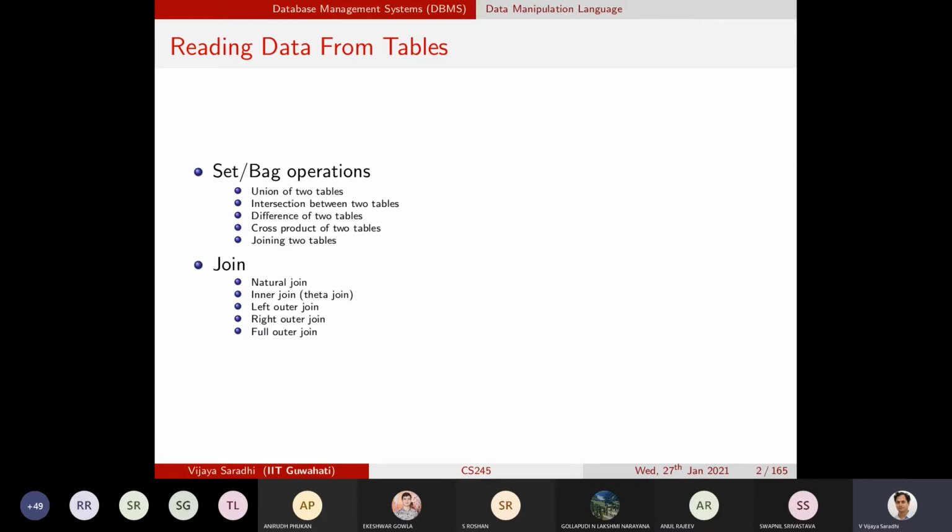Today we will continue our discussion with the intersection. We already have looked at union of two tables, and intersection and differences of the tables we have looked at. I'll also tell you where we stopped in the previous class with respect to intersection and differences, and then we'll take it forward from that. And then today we'll learn about more operators: cross product and joining of two tables. And joining is of several forms.